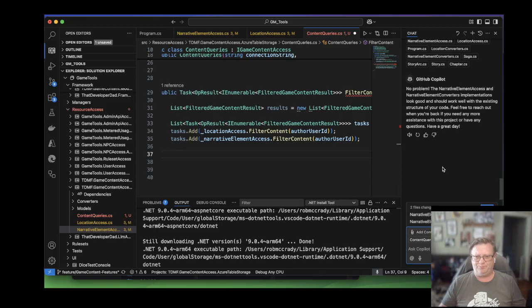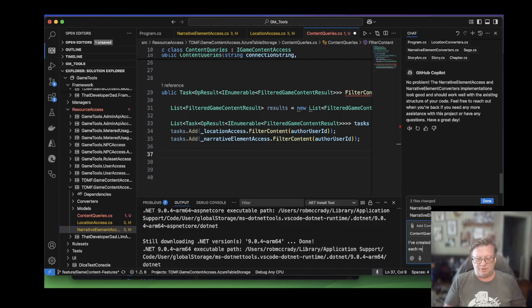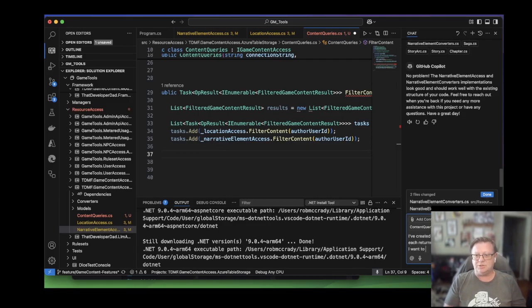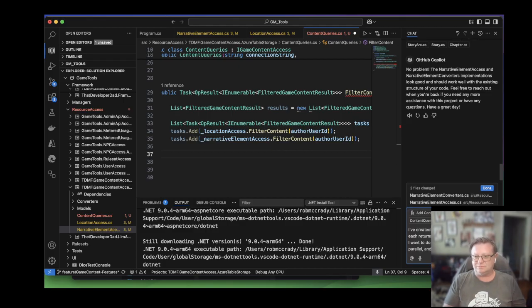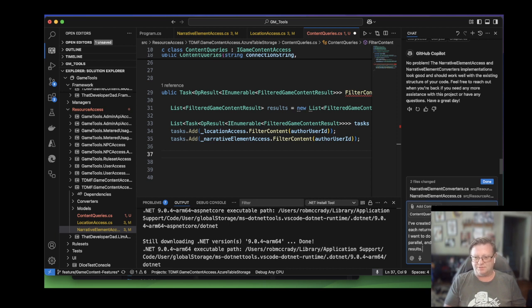So what we're going to do: I've created a collection of async tasks that each returns the same kind of thing. What I want to do is fire those tasks off in parallel, and as each returns, handle the results